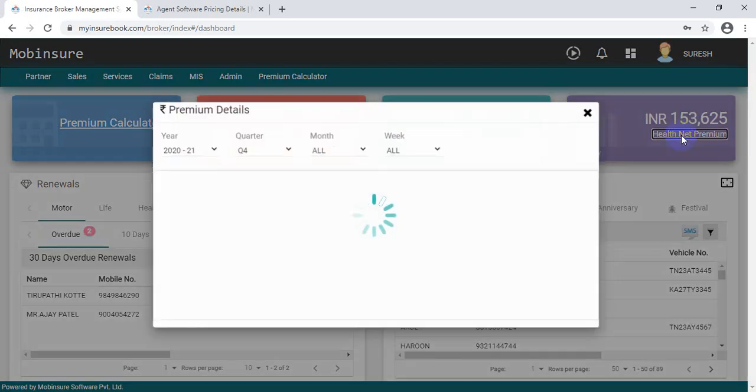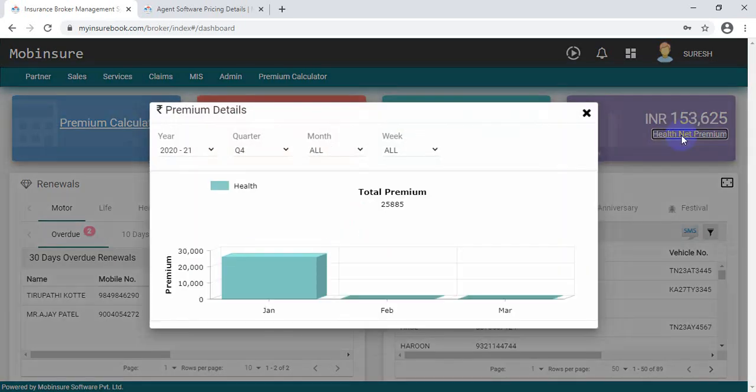If you click on this health net premium, you will understand the analysis year wise, quarter wise, month wise, and week wise. What is your business done in that health premium business, health policies business? For example, you take this quarter 4, January, February, March will come as quarter 4 in India. So suppose January month, what is your business? So you have collected